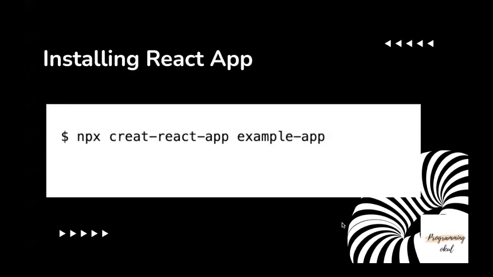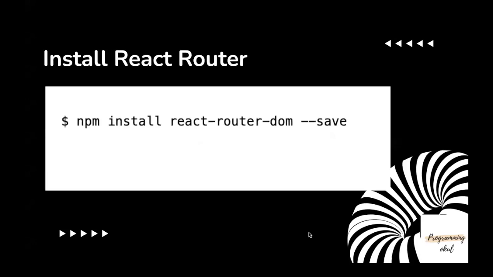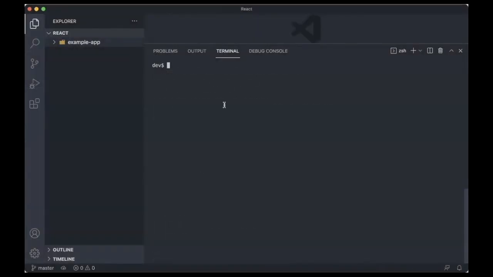Once you install your React app, we can start installing React Router. To install React Router, again, I need to run this command in my terminal in Visual Studio Code. So let's go back to Visual Studio Code. Okay, let me now do an ls and see where exactly I am. So I'm outside the project folder. Before installing React Router, I need to make sure that I'm inside the project folder. So I'll say cd example-app, and make sure that you're inside the folder and you can see the files inside your project folder.